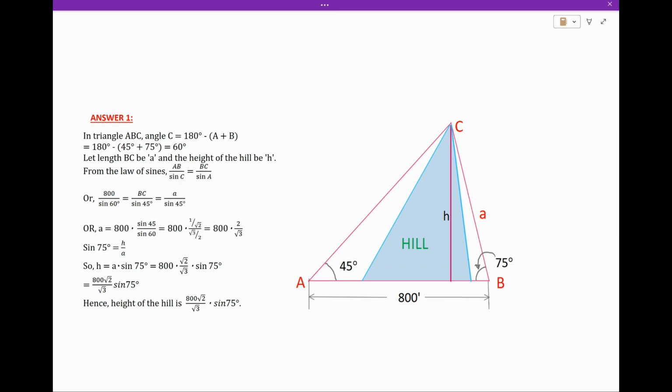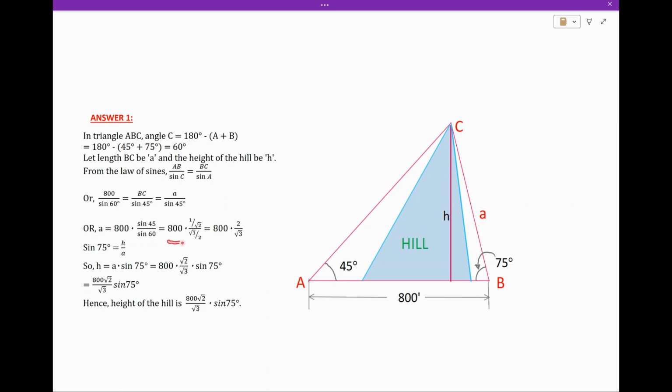From the law of sines, side AB divided by the sine of its opposite angle C is equal to side BC divided by the sine of the opposite angle, that is sine of 45 degrees. And since BC is equal to a, we have 800 by sine 60 degrees is equal to a by sine 45 degrees. Therefore, a is equal to 800 multiplied by sine 45 degrees divided by sine 60 degrees,